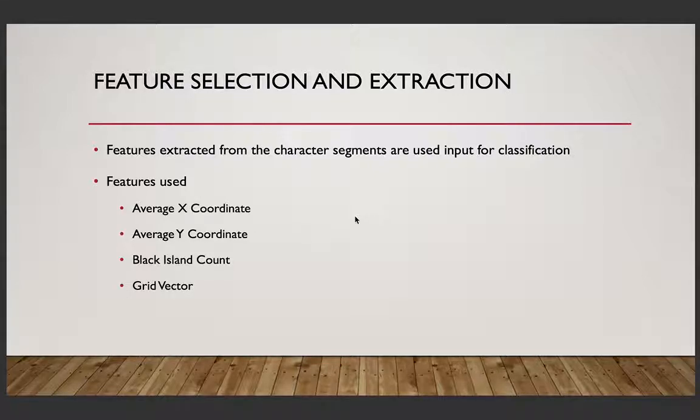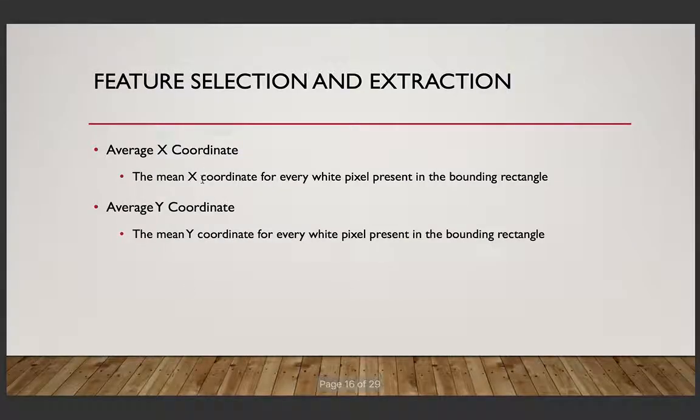The feature selection and extraction phase is where we extract useful features. The most probable features here are average x coordinate, average y coordinate, black island count, and grid vector. Average x coordinate is the mean x coordinate of all the white pixels in a given bounding rectangle. Average y coordinate follows the same logic: the mean y coordinate for every white pixel present in the